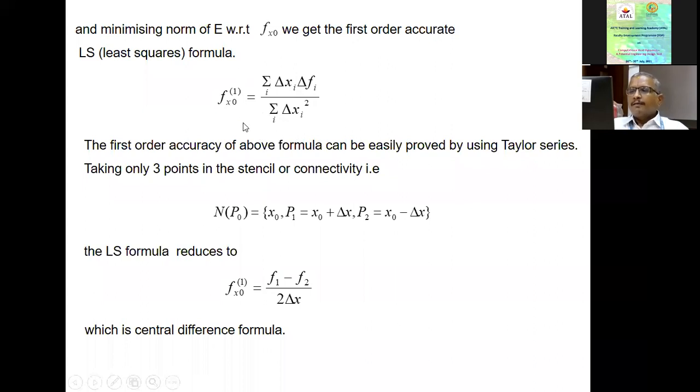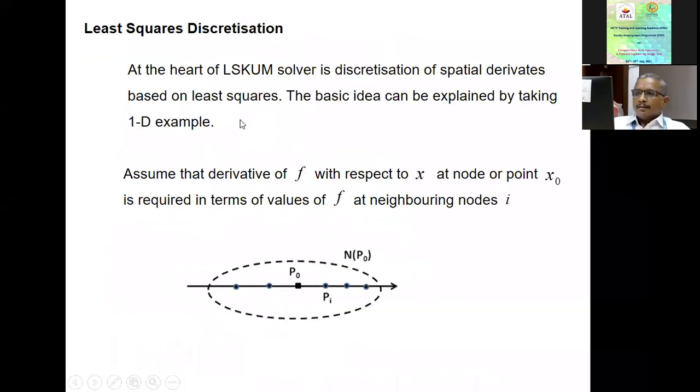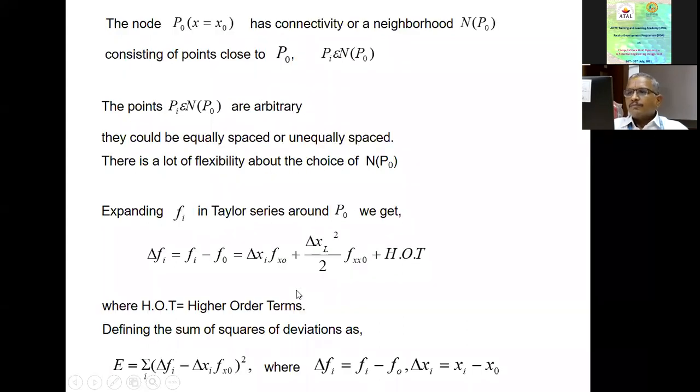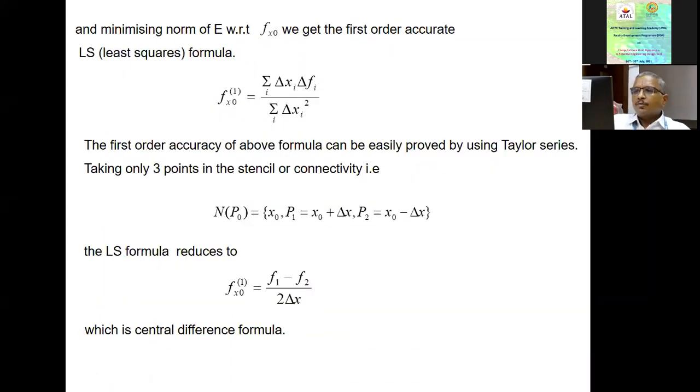I repeat again. At any point O, and for a quantity of interest F, the values of F are also known in its neighborhood. Then by using the data of F at point O as well as its neighborhood and using Taylor expansion up to the order of accuracy, I'll be able to approximate the derivative in terms of a simple least squares formula as I showed here. So this will be exactly the same procedure, whether it is 2D or 3D.